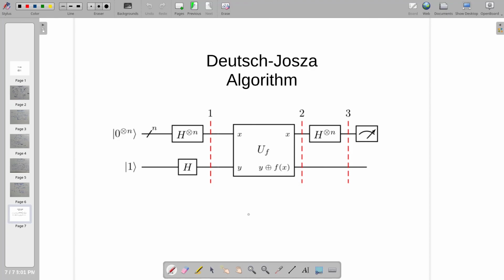It was the first algorithm able to prove that a quantum computer can outperform a classical computer for a particular problem, because not all problems can of course be solved on a quantum computer. Some problems are better solved on a classical computer using classical computation principles, but there exist some problems which are better tackled in the world of quantum computation.